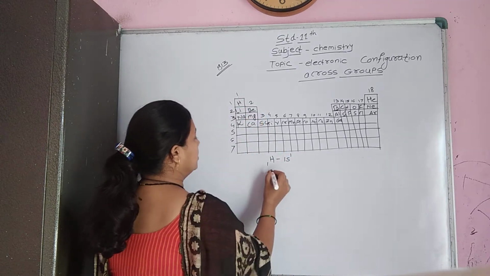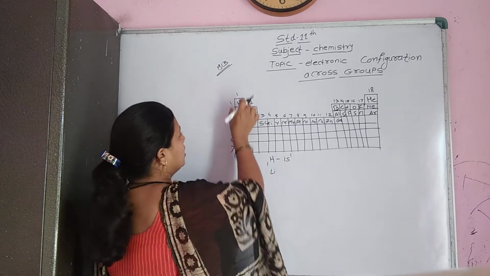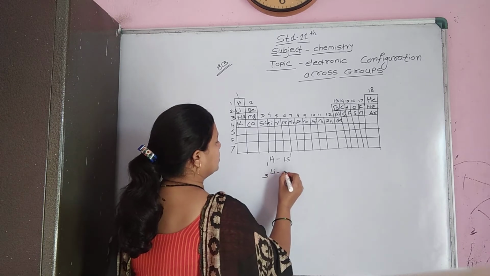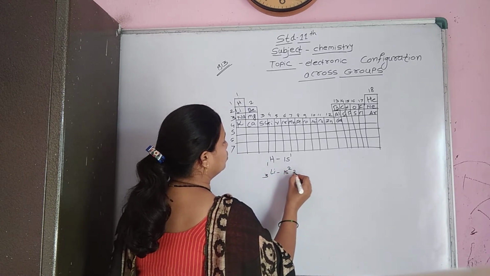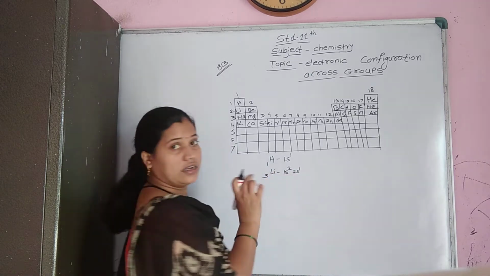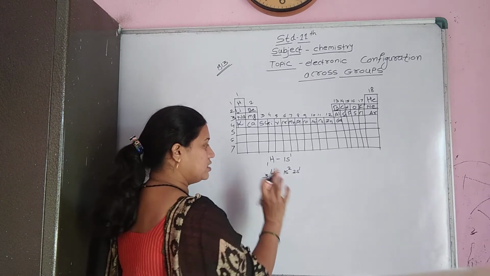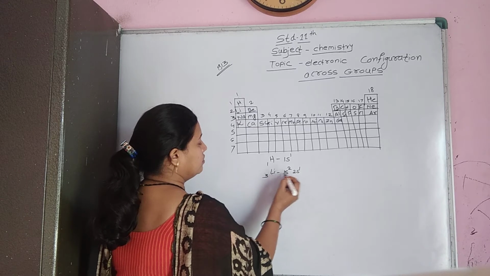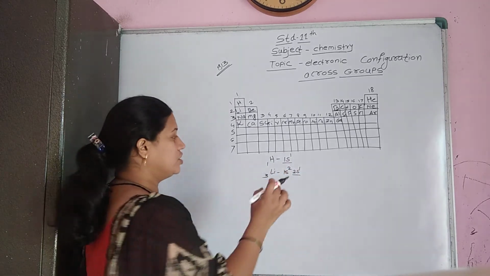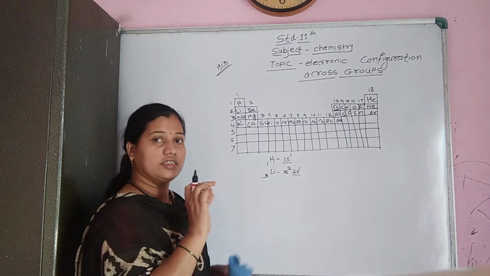The next element is lithium from the same group. The vertical columns in the modern periodic table are called groups. Lithium has atomic number 3 and its electronic configuration is 1s2, 2s1. Here s is the subshell, and 1 and 2 are the principal quantum numbers. When we look at the last or outermost electronic configuration, we find there is a similarity, and from this the general electronic configuration is determined.